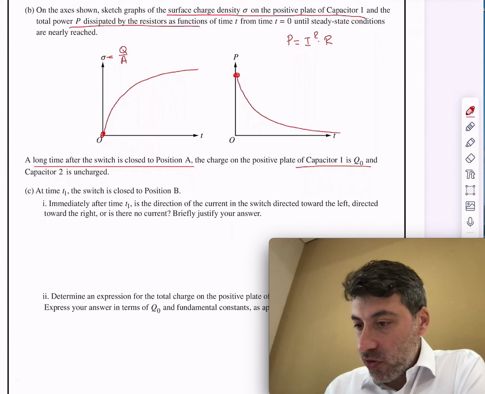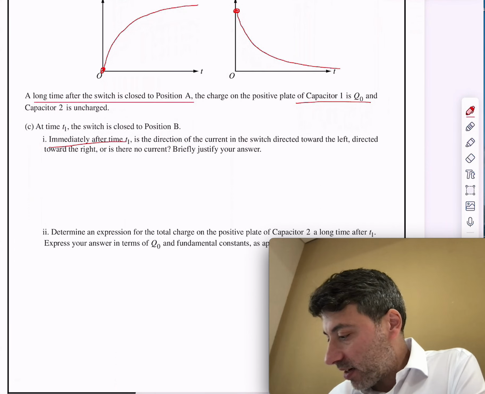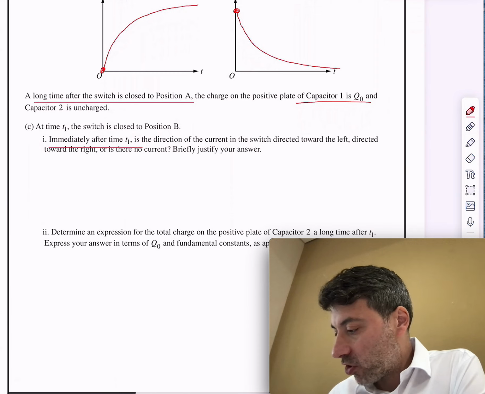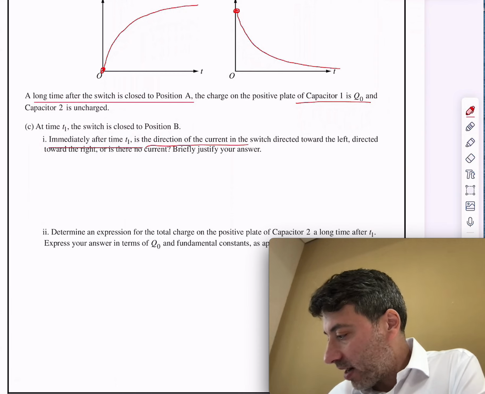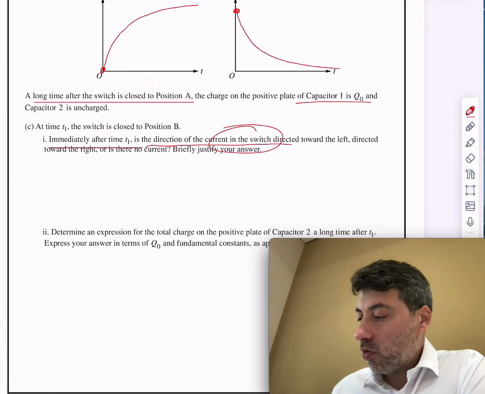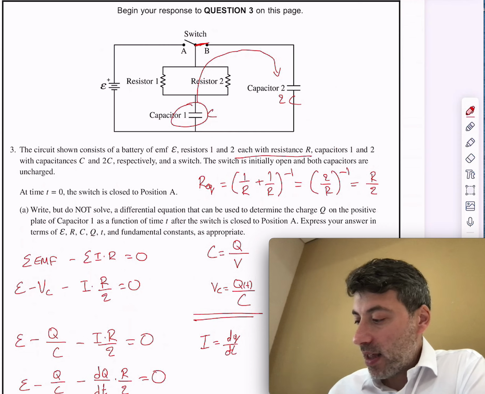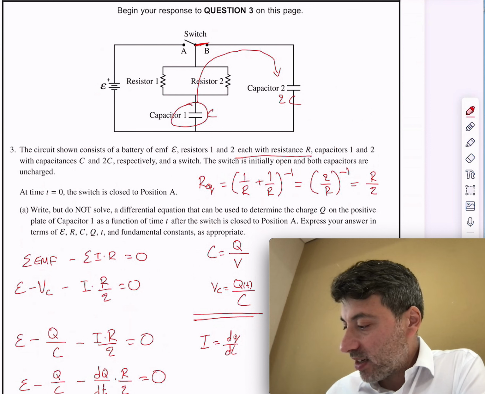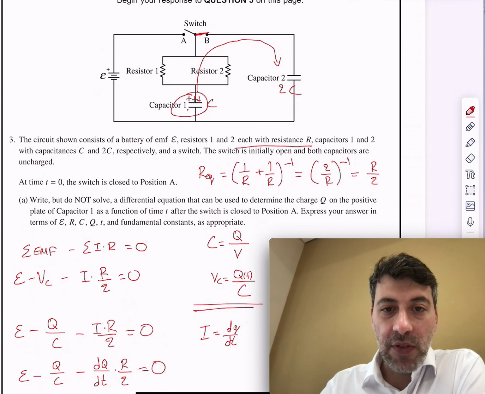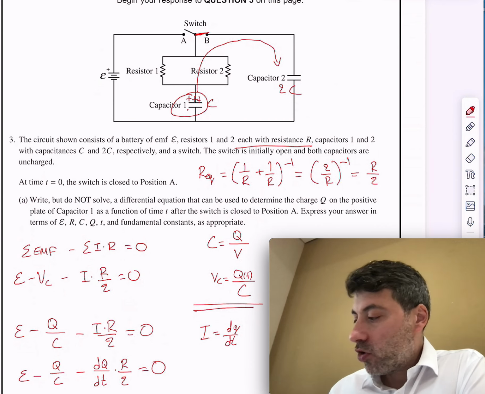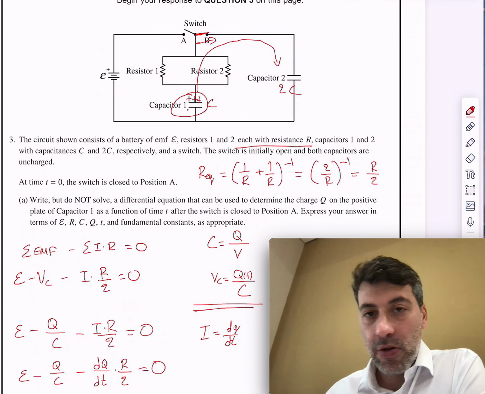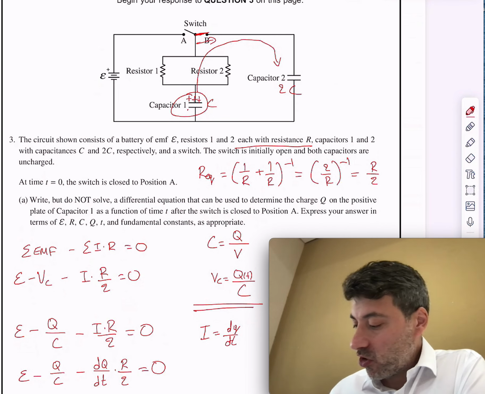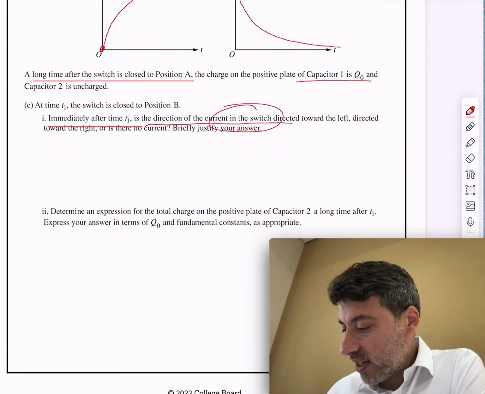And we need to state immediately after time 1, so when we close the switch to position B, what is the direction of the current, if it is to the right, to the left, or no current, in the switch. So again, from the diagram, since at the beginning the battery was connected like this, it means that positive charge gathers on the top side of the capacitor and it will start flowing to the right through the switch. So we say that the current is to the right,